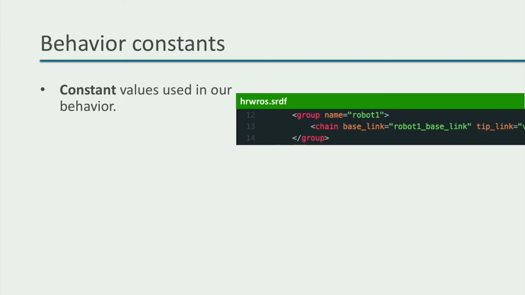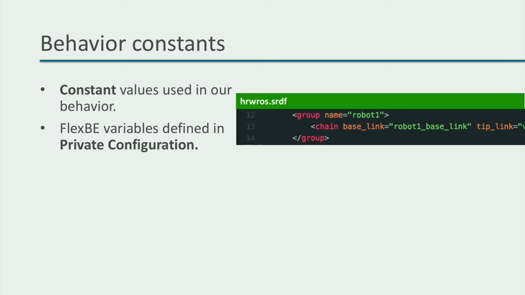Remember that in week 4, you learned to define groups with the MoveIt setup assistant. Here you have it, to distinguish which robot to command each time. So it seems useful to define a constant for the group that will pick the part, in our case. This is the same as a constant in programming languages. Instead of using a literal value every time, which can cause errors if we want to change it, we just define a constant with the value and use the constant in our state. Here is how we do it.